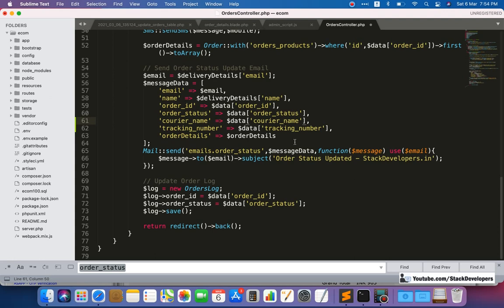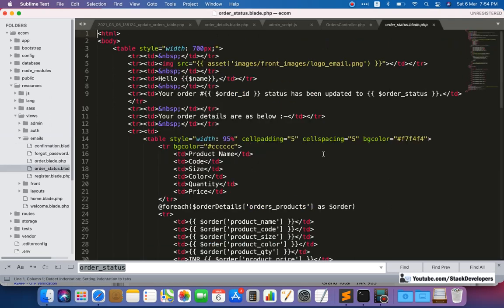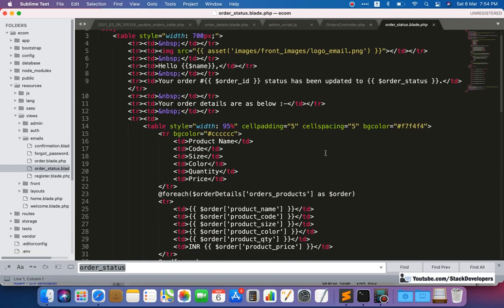So we are going to check in email. We are going to see in email: resources, views, emails. You can see the emails folder here, and here we are going to check our order status email, and here we are going to add both with a condition. We don't want them added in every email. We want them only in the shipped mail.